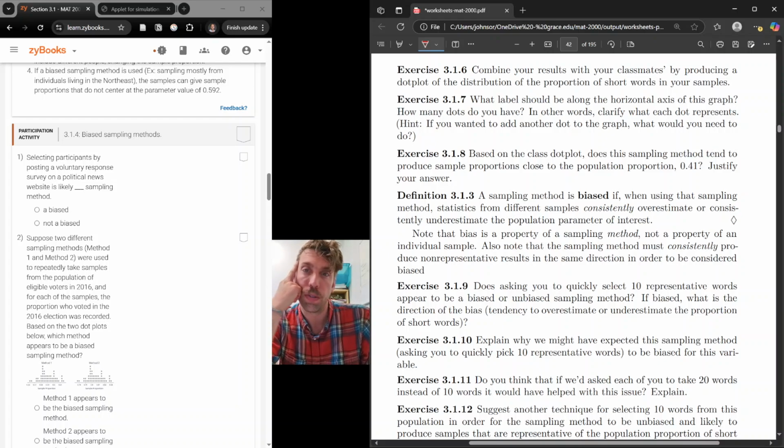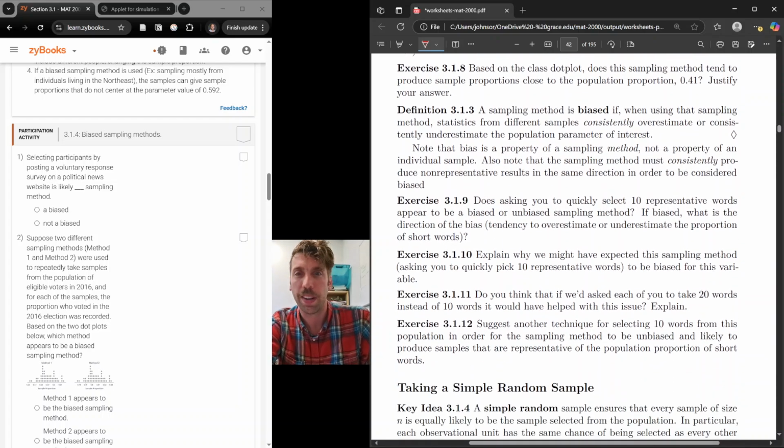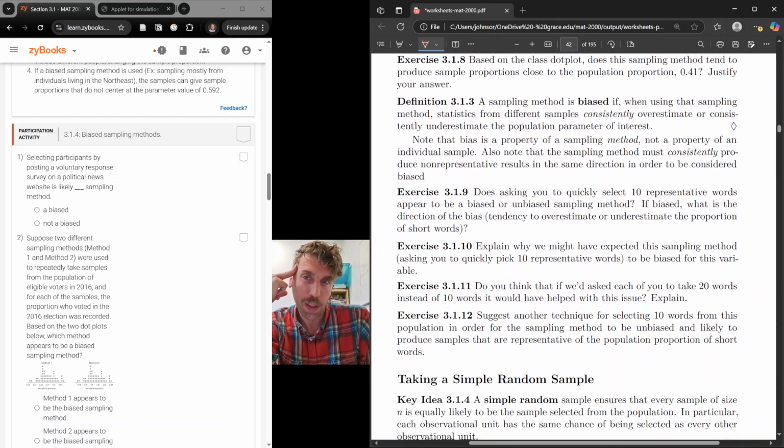So number 7, what label would be along the horizontal axis of this graph? How many dots do you have? In other words, clarify what each dot represents. All right, I kind of gave you that hint already. Based on the class dot plot, does the sample method tend to produce sample proportions close to the population proportion 0.41? Justify your answer. So justify, usually you should have the word because or something similar in that,